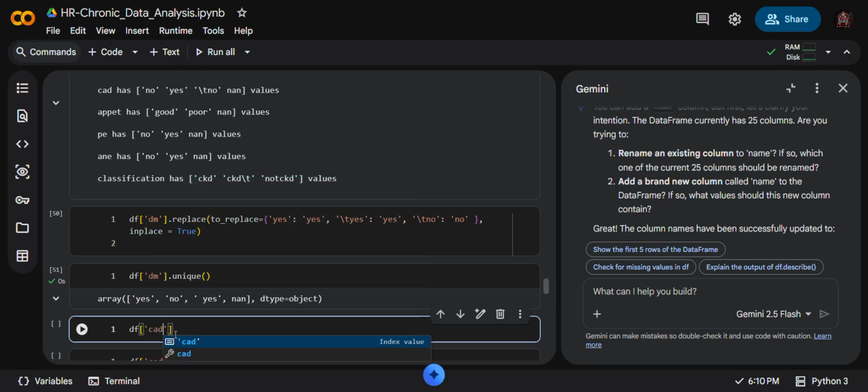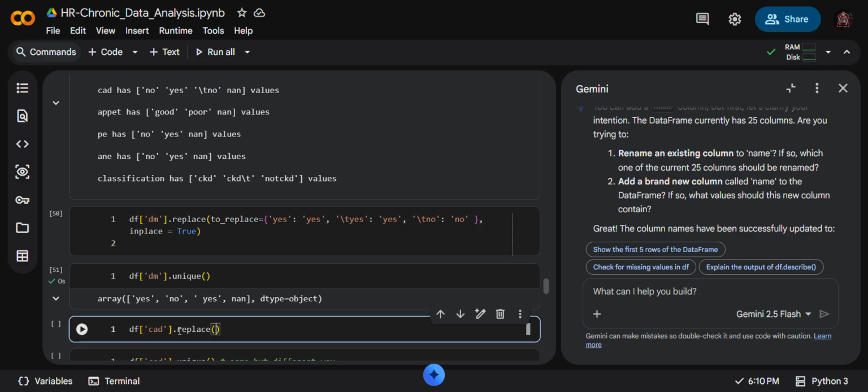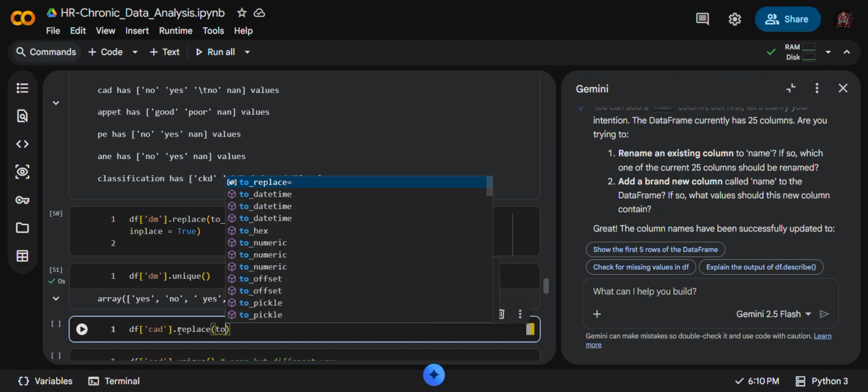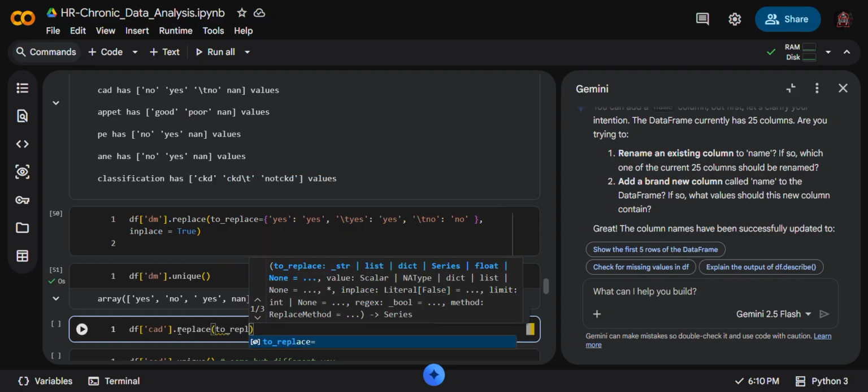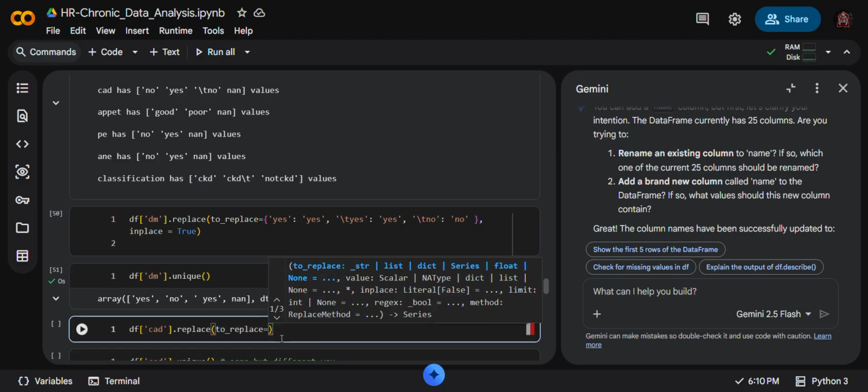cad dot replace to get replace is equal to yes.